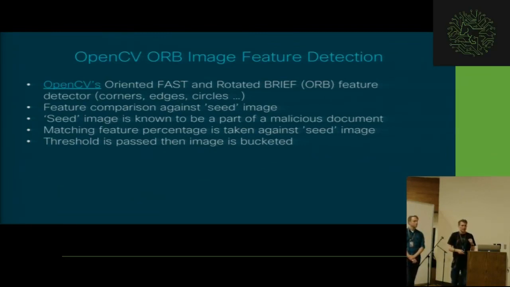And then if a number of those features that we've extracted from the image match any of those supposed clean documents, then we know we've missed them, right? So this is known as feature extraction. I'm not going to try and fake my way through a lot of the computer vision theory because I don't have a major background in this, but OpenCV's libraries made this actually quite easy. And then essentially I established a certain percentage of matching features extracted from both documents, and if that percentage ceiling was met, then I bucketed it for later review.